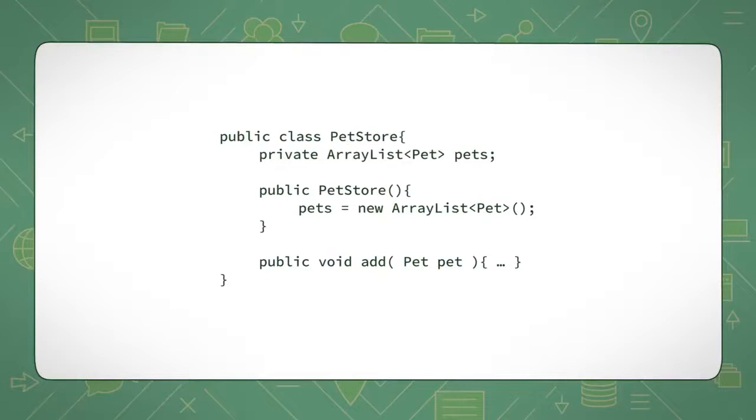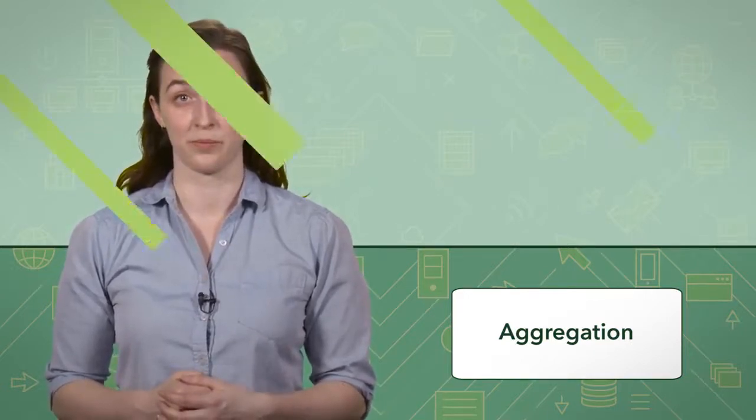As with our airliner example, a pet store has pets. These are two objects that have a weak has-a relationship. The pet store has a list of pets that can contain 0 or more pets. It has the ability to add pets at any time. Both pet stores and pets can exist without each other. Aggregation is a weak has-a relationship between classes. One object has the other, but the objects are not heavily linked. They can both exist without the other.